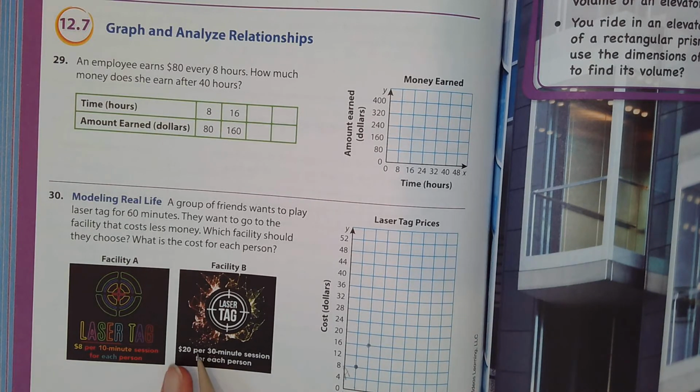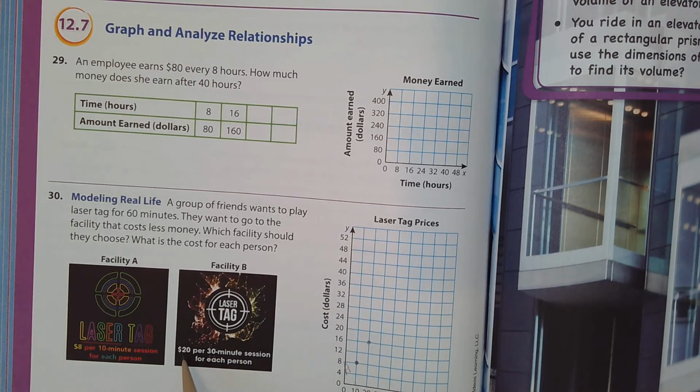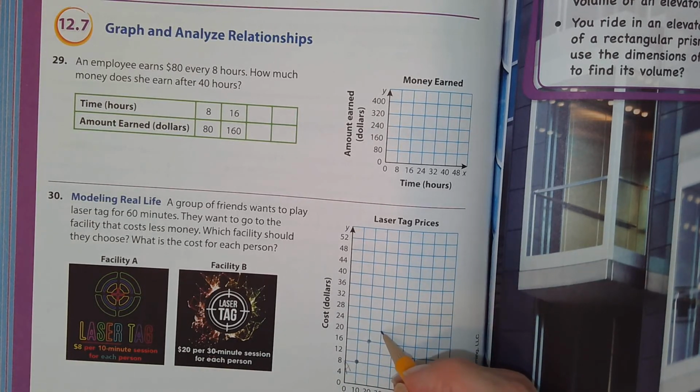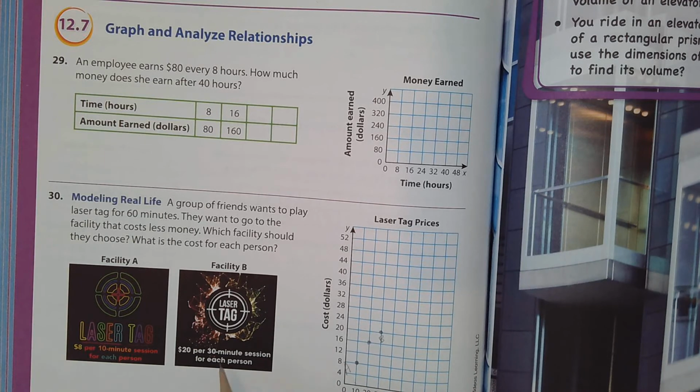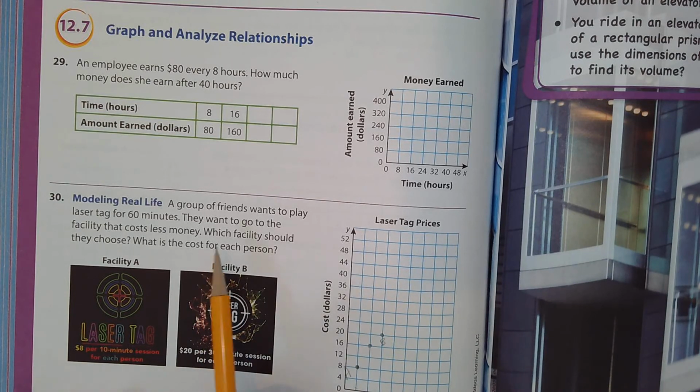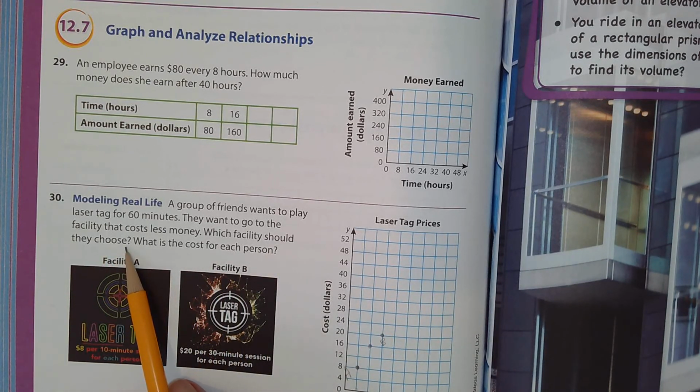And then facility B is $20 every 30-minute session. So you're going to start at 30 minutes, and you're going to go to $20 for a 30-minute session. So this will start off with B, and you're going to graph that. Now it's only 30 minutes a session, so the next one will be a 60-minute. So what would it be? What would be the cost at 60 minutes? Go ahead and graph that, connect that, connect A, and you will see which facility they should choose, which is cheaper, and what is the cost per